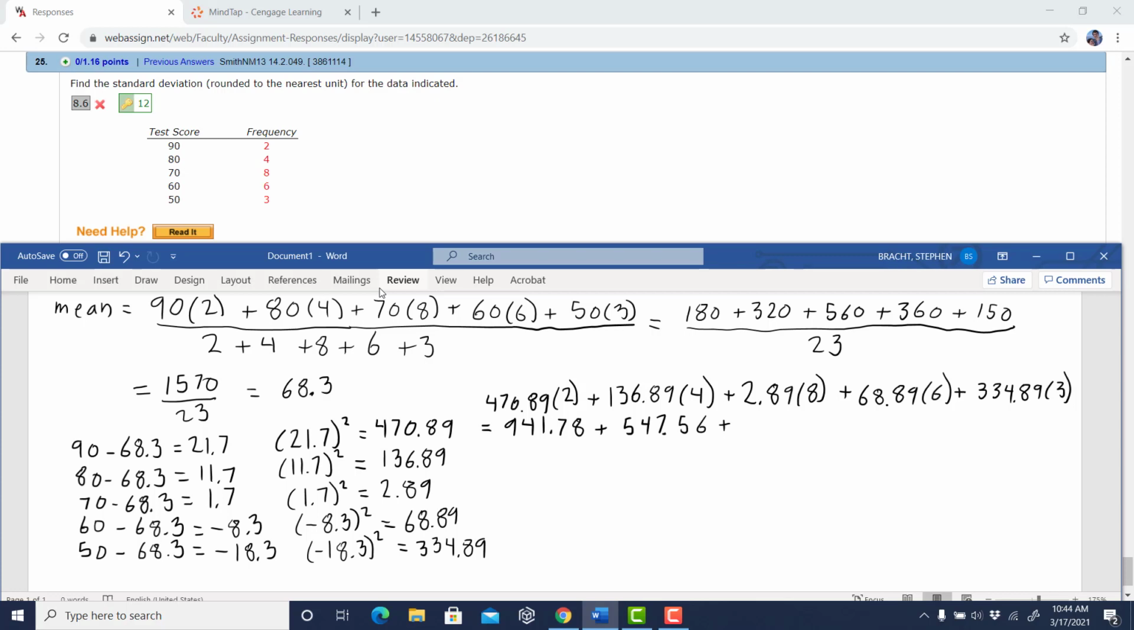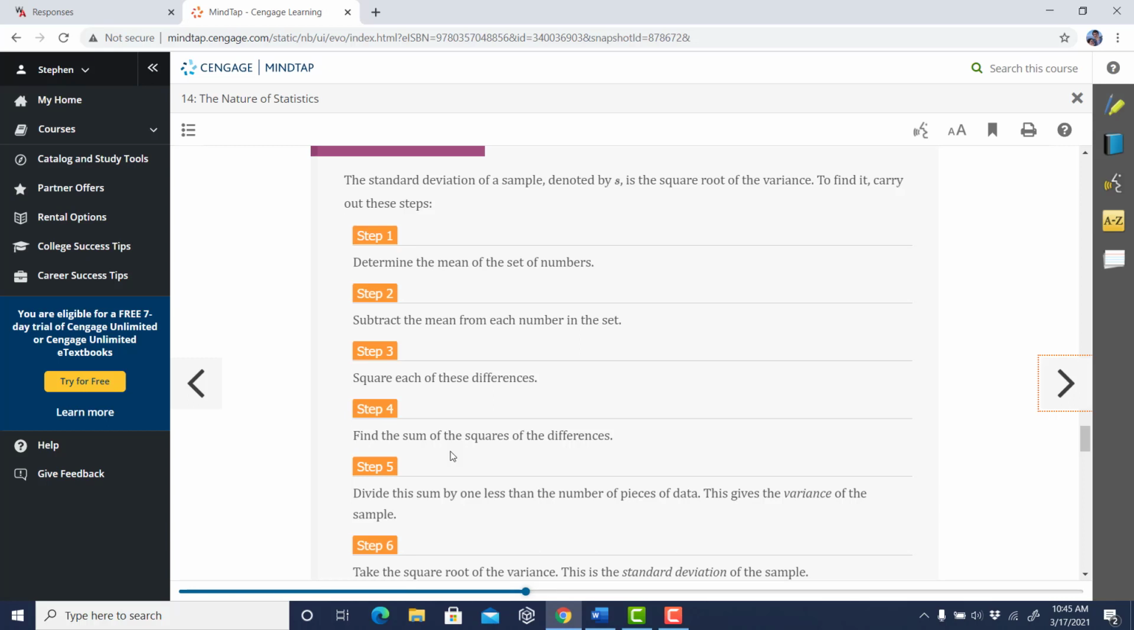And then 23.12, and then 413.34, and then 1004.67. When I add these together, they add up to 2930.47. So coming back over to our set of steps, we have just found the sum of the squares